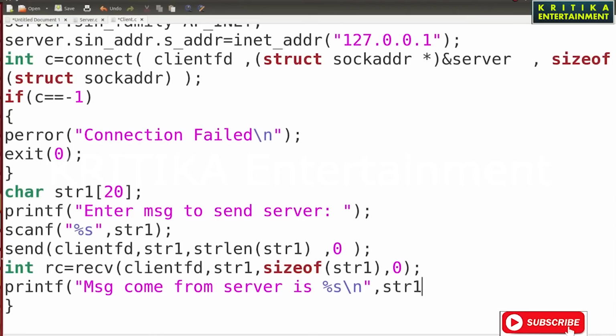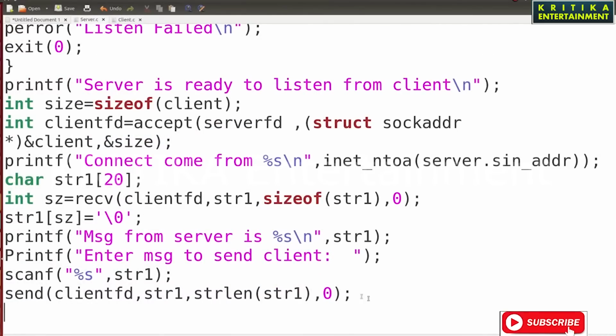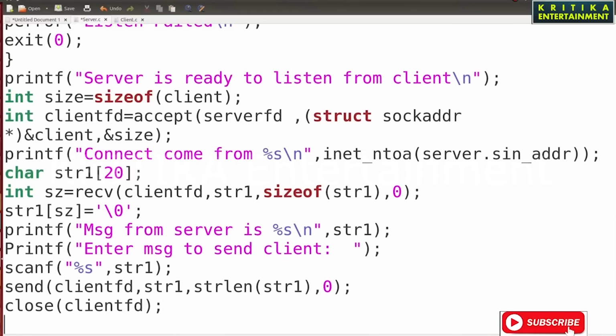Okay, then you can close. Here we will close the 2 FTs, but first close the first one, then close the other.